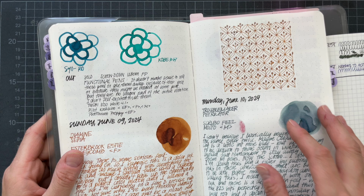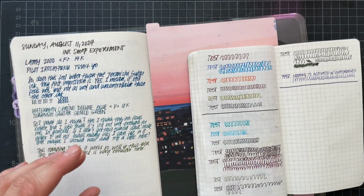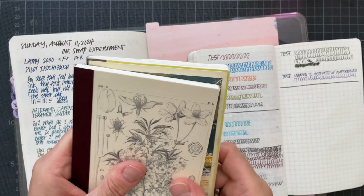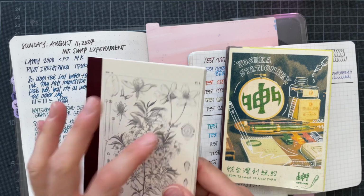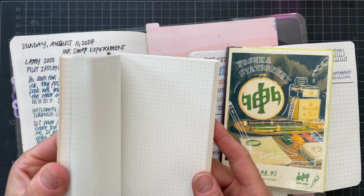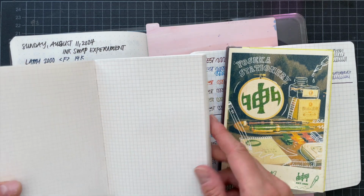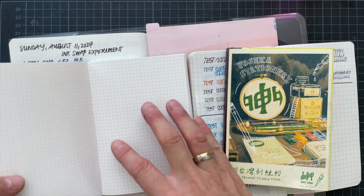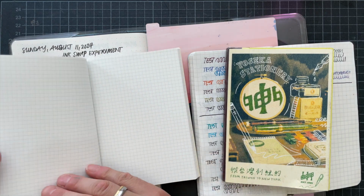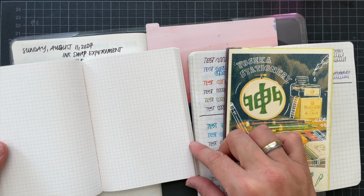And so what I have been thinking about is using maybe a Hobonichi, but probably this notebook, because this is what I have in my stash. And I think the A6 size would lend itself nicely to have a good square here that I could fill, and then I could write what it is, which